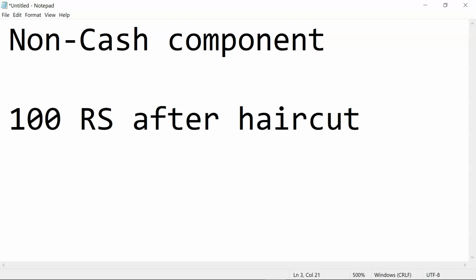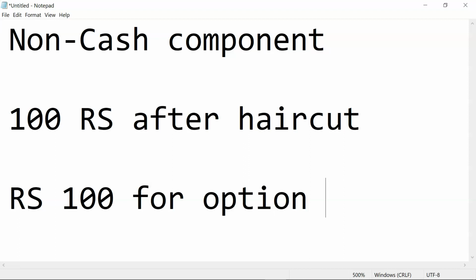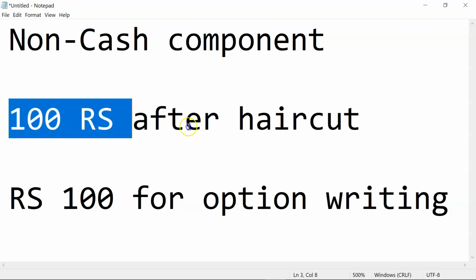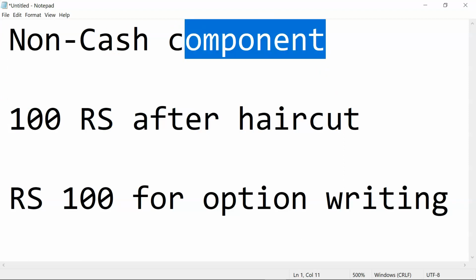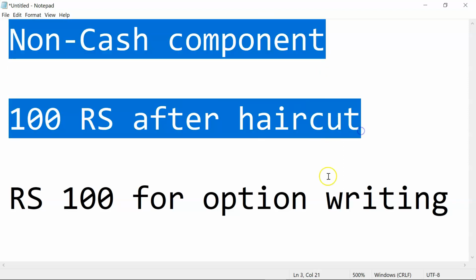Haircut is mentioned as a percentage in the same row in the same Excel sheet. If you get 100 rupees after haircut, then say you are going to do some option writing, and if you want to use 100 rupees for option writing, then out of this 100 you can use only 50 rupees from this margin available from non-cash component. Remaining 50 rupees you have to get through cash.